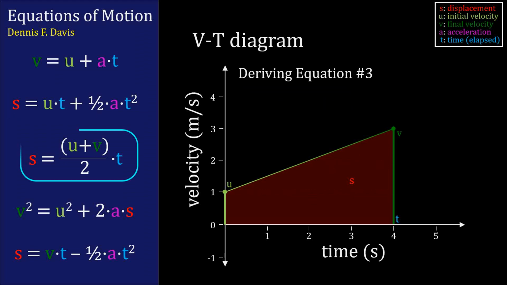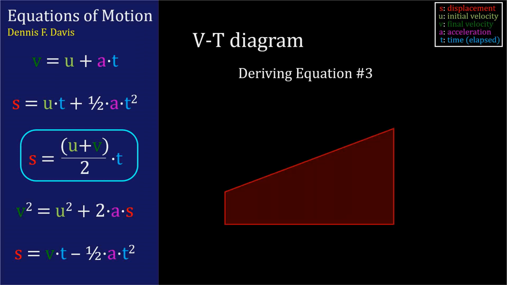To derive this one, we need to focus on this shape. In American English, this is a trapezoid because it has a pair of parallel sides. But to British, Indian, and Australian English speakers, this is a trapezium for the same reason. Regardless, the area of this shape is 1/2 the sum of the two parallel sides times the distance between them. We know all three of these values, so we get s equals u plus v over 2 times t,